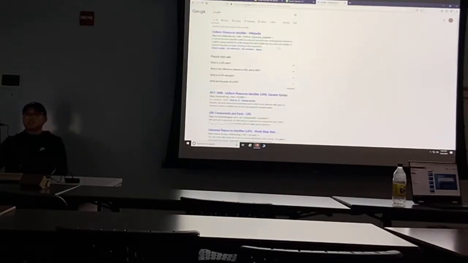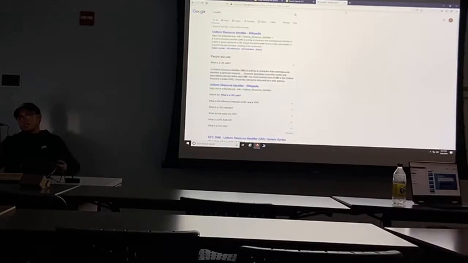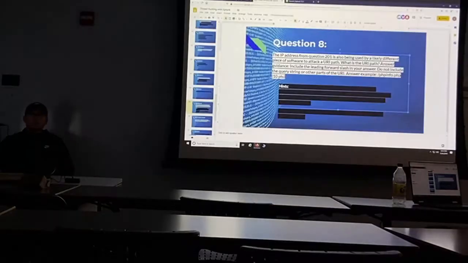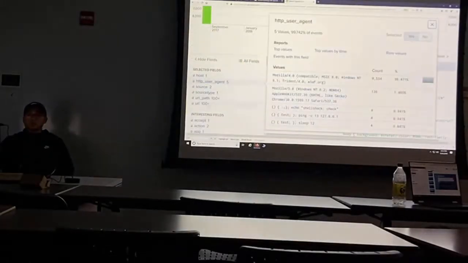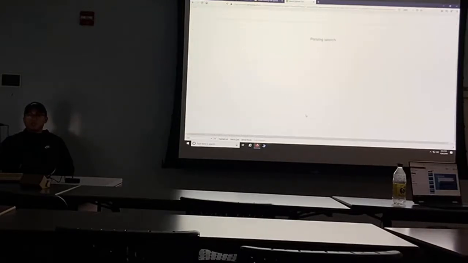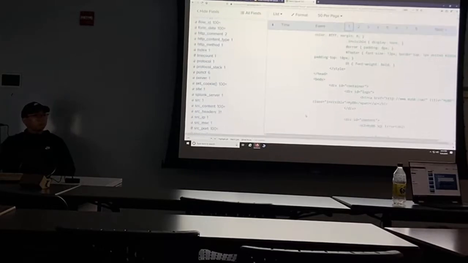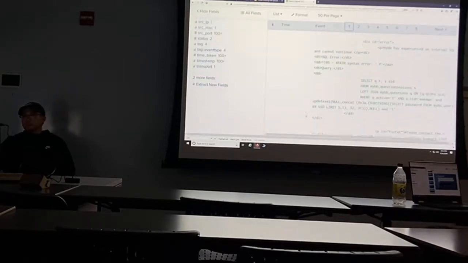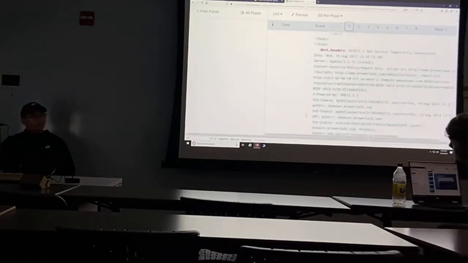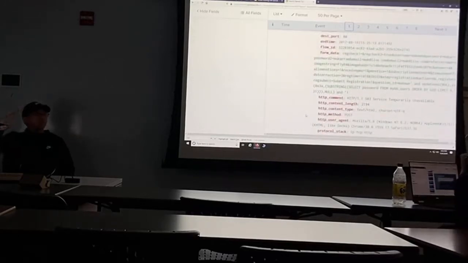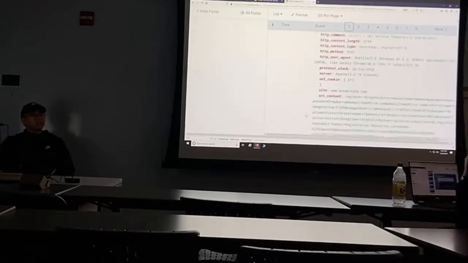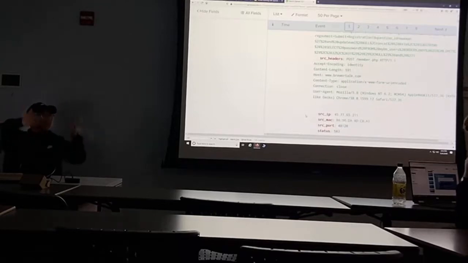It's a string of characters that identifies a resource, could be empty. Essentially, you could append it at the end. If you go through the actual URI path itself, you would see where it got appended. I just don't understand what it's getting appended to. Is it the URL? It's appended to the URL at the very end. Oh, so it is appended to the URL, okay. But Splunk will specifically extract just that ending.